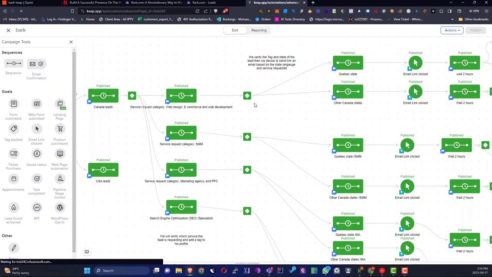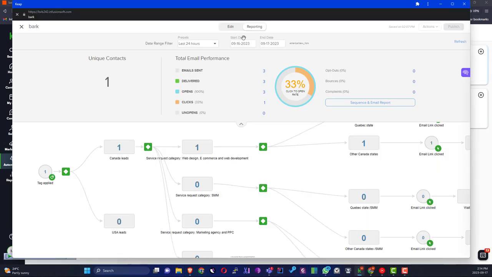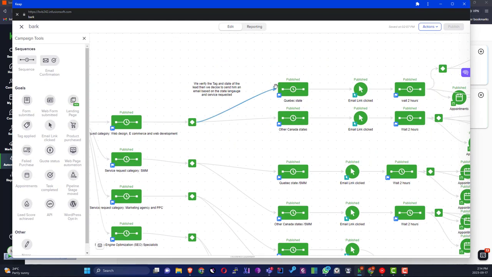So after that, we have another diamond decision. Let me explain it more in an opened application here. It's better. So after we go through this one, we get the information